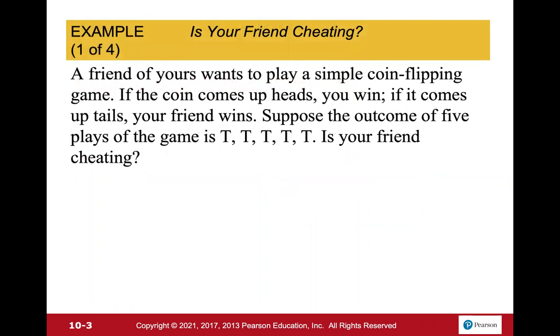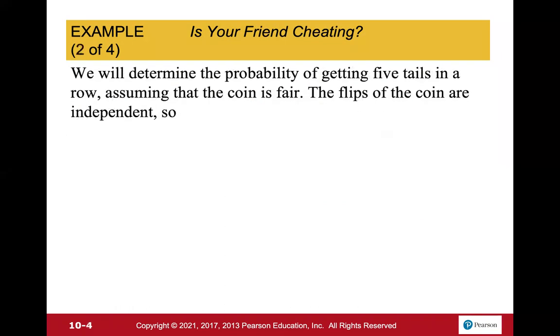If the coin comes up heads, you win. If it comes up tails, your friend wins. Suppose the outcome of 5 plays of the game is tail, tail, tail, tail, tail. Is your friend cheating? So we will determine the probability of getting 5 tails in a row, assuming that a